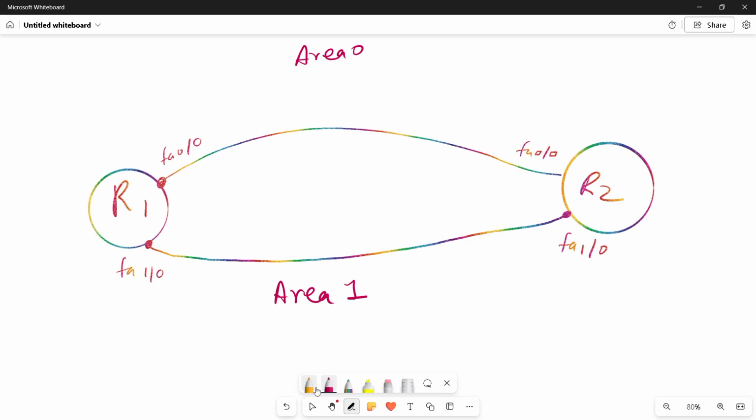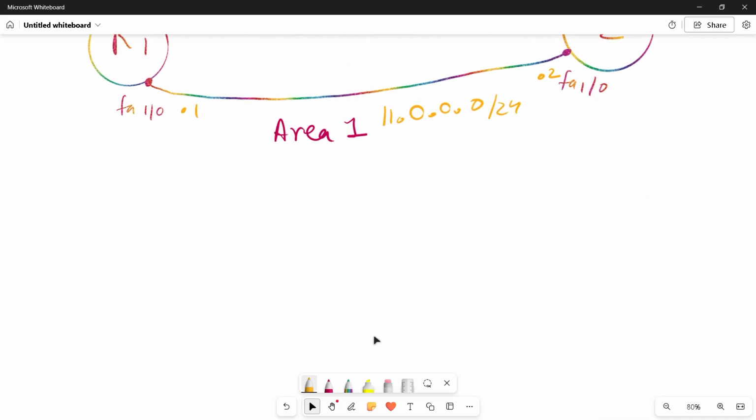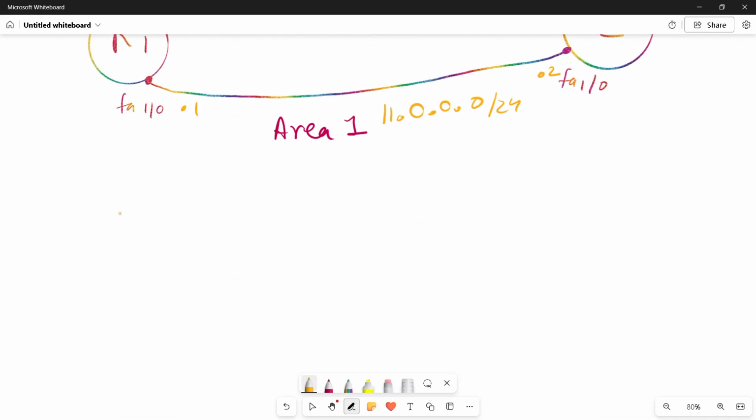Now when it comes to giving commands to this particular interface for both of them, let's suppose the network is 10.0.0.0/24, and let's suppose this one is .1, this is .2. The network here we are using is 11.0.0.0/24. Similarly, .2 and .1. Right. Now the network will give in this will be,